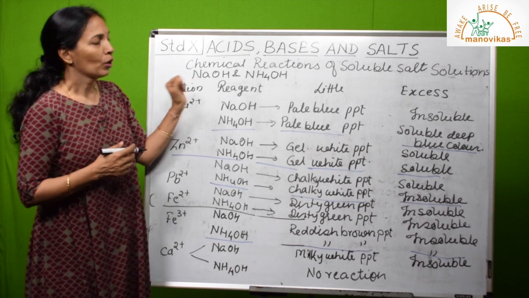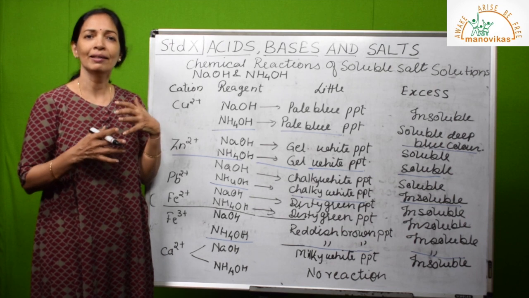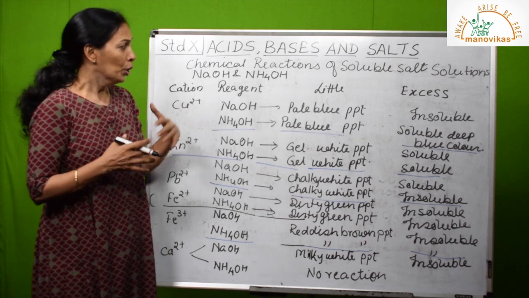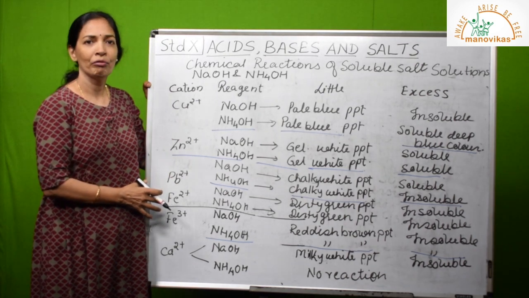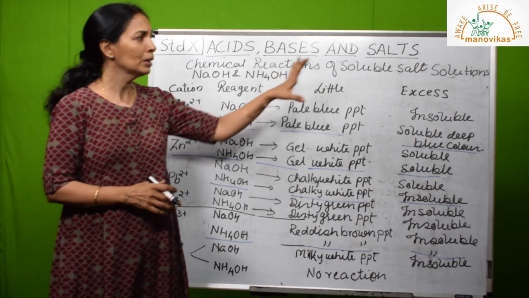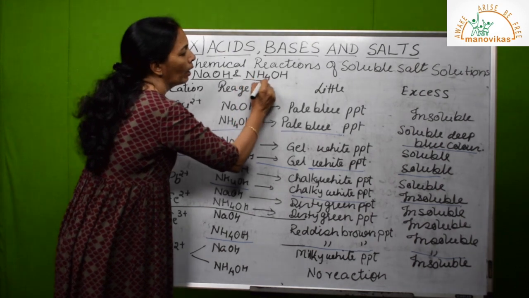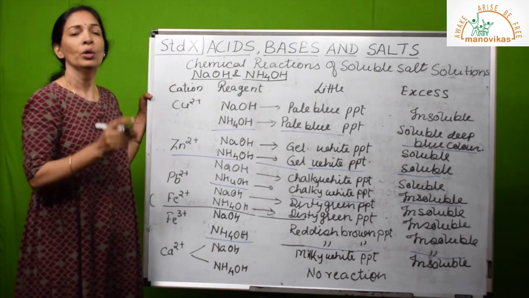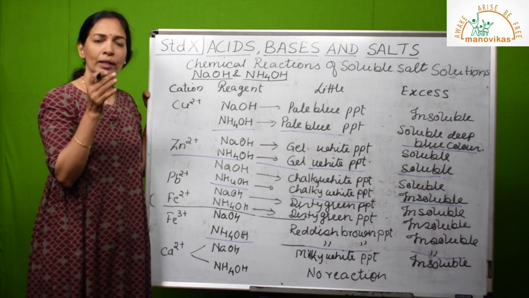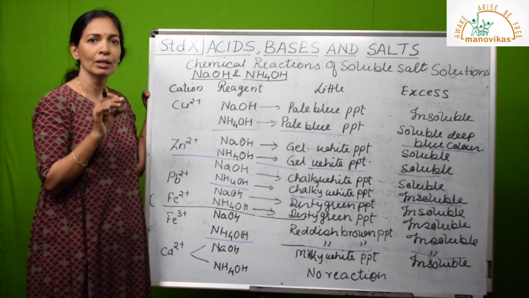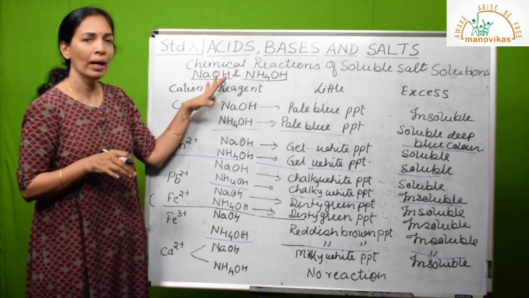Now the topic is related to your practical chemistry part which you are already writing in the journal, salt analysis. Okay. So this is related to cations. The cations can be identified by treating their soluble salt solution with sodium hydroxide solution and ammonium hydroxide solution. So the soluble salt of the particular cation is dissolved in water and that aqueous solution is treated with sodium hydroxide,